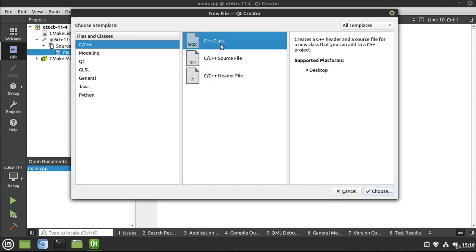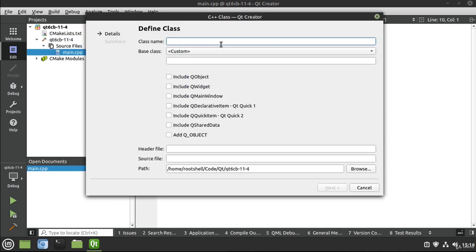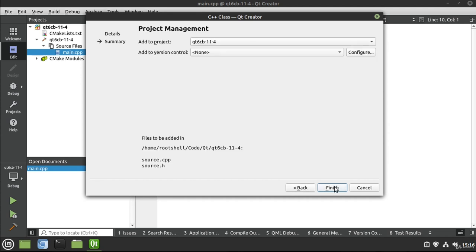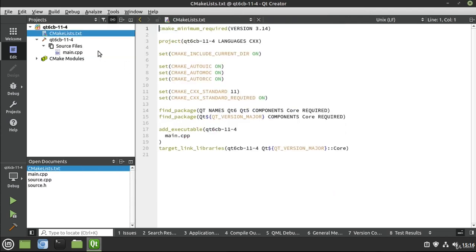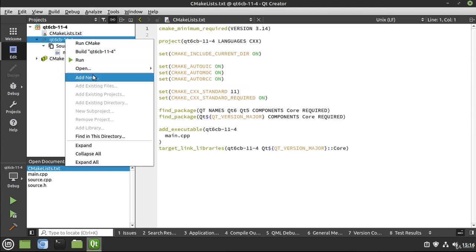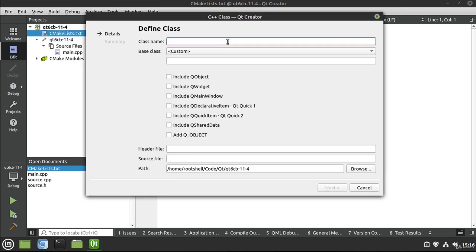So I'm going to say class. We want this to be the source. This is going to be a Q object. Make sure both of those are selected, Q object and add Q underscore object. That adds all that beautiful complexity in the background that Moc is going to latch onto and make all this work for us. Next, finish. No, I don't want to automatically add it. And then add new. Let's call this